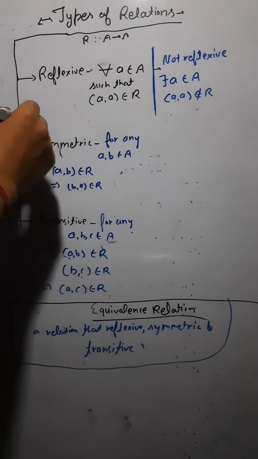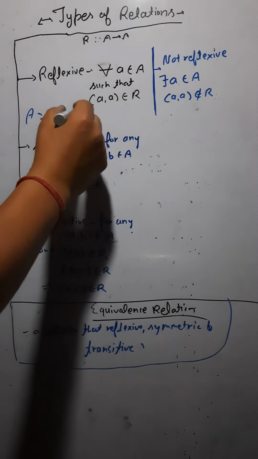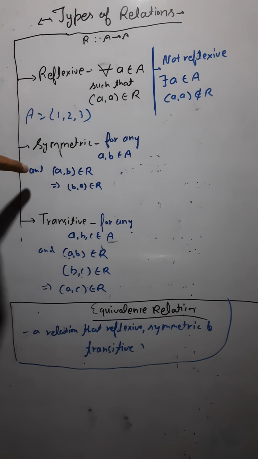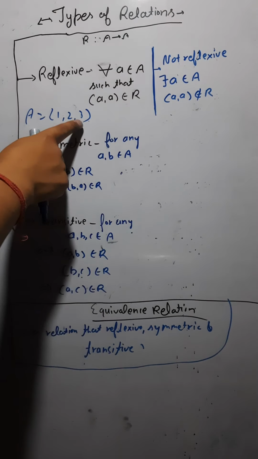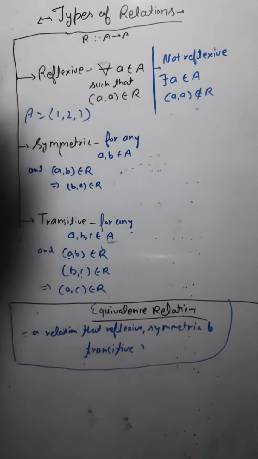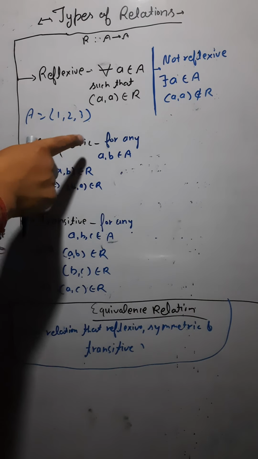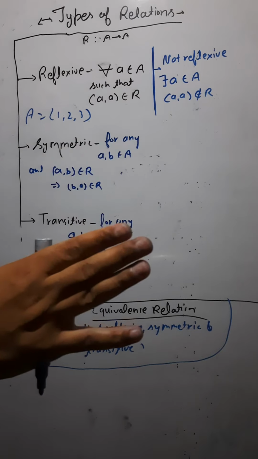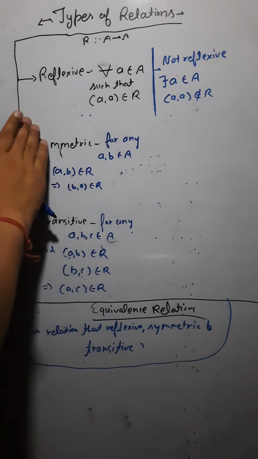Are you getting this? Let's say we have a set A which has elements 1, 2, 3. Now if you have the doublet of 1, that is (1,1), in the relation, (2,2) is also there in the relation, but there exists 3 in A and its doublet (3,3) is not there in R, then you would be calling such a relation not reflexive. Getting this? Very good.